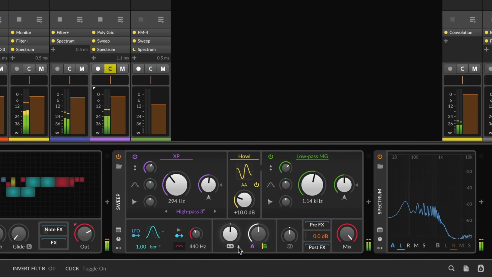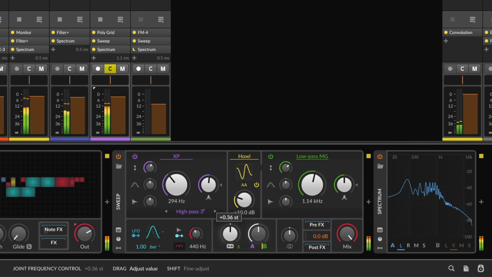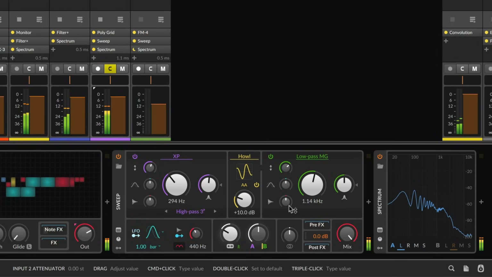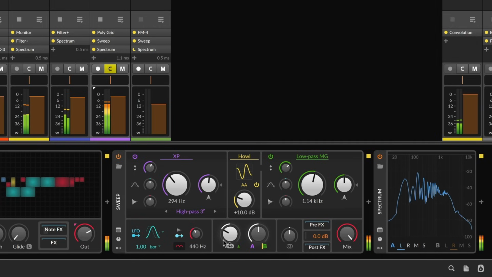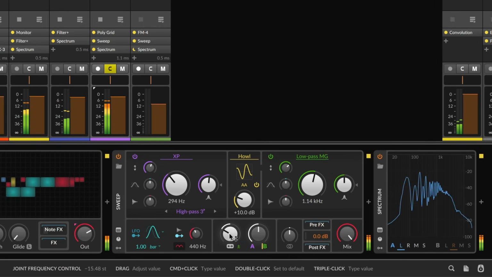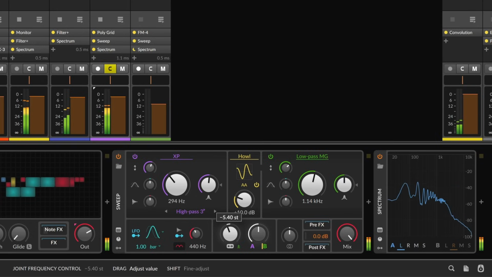Unless, of course, we'd like them to move in opposite directions. So this little toggle here will now allow us to move one filter down while the other goes up, which in this case of a high pass and a low pass working together, we're kind of creating our own bandpass by right now widening both sides or narrowing them, which will only get more extreme in a serial version.